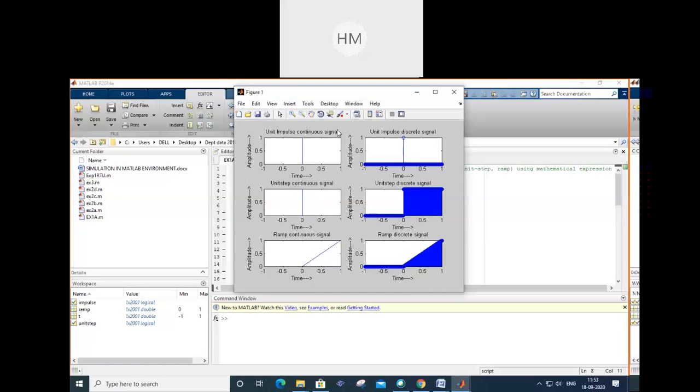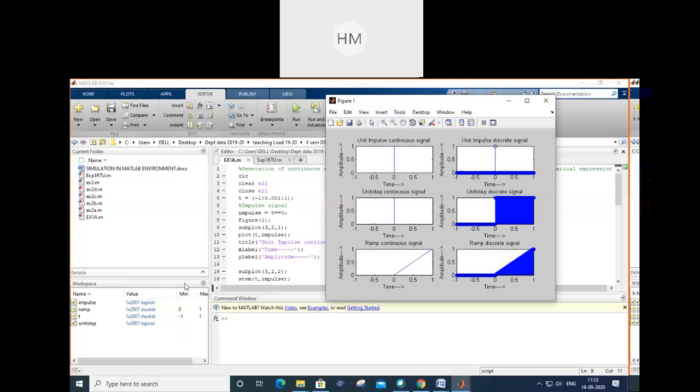This is unit impulse continuous function, that is the title. X label time, it is shown as it is. Y label amplitude, it is shown over here. So in this way you can label, you can title your graph.